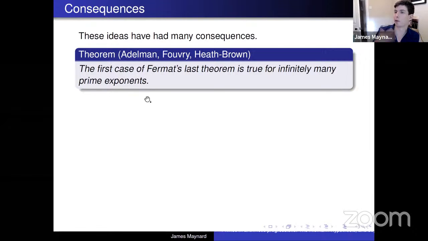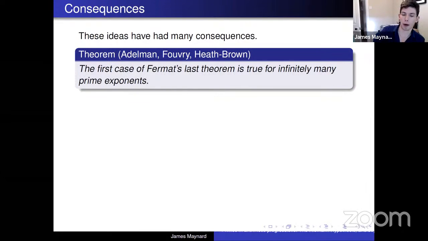theorem. So this predated Andrew Wiles's ultimate proof of Fermat's last theorem, but using these ideas, Adleman, Fouvry, and Heath-Brown were able to show that essentially Fermat's last theorem is true for infinitely many prime exponents. So it's sufficient, if you want to prove Fermat's last theorem in general, it's sufficient to prove Fermat's last theorem just when the exponent is prime. But before this work in the 1980s,